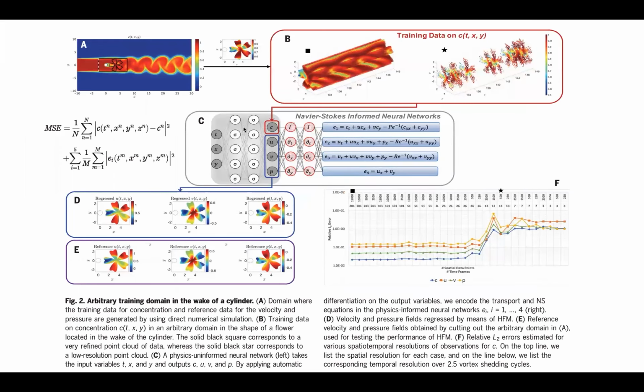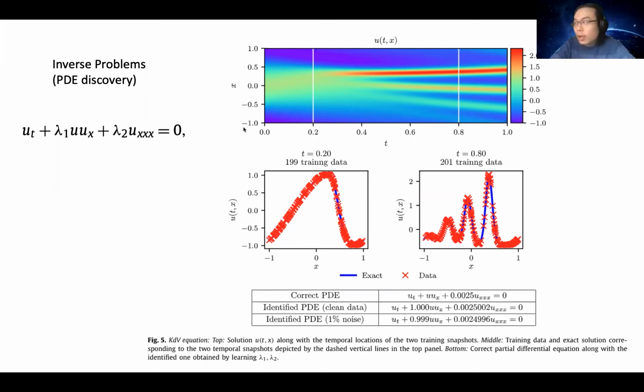Sorry, can I ask a question here in the previous plot? Sure. Yeah, here. So your network for your lambda 1 and lambda 2, there are two neural networks themselves, right? Oh, sorry, I didn't make it clear. It's just a trainable variable. It's not a neural network at all. It's just a number, a real number, right? You don't need a neural network to predict number 1, number 2. It's just two numbers. Okay, so they are variables, but they're the simplest neural net, just one neuron, right? That you want to figure out the value for. Yeah, you can say that.